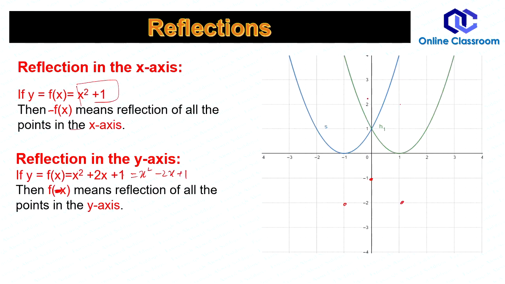You can do one more thing. In examination, the examiner may ask, for example, the examiner can give you two diagrams, one with f(x), one with g(x). The examiner may ask, write down two possible transformations to transform f(x) to g(x). So one is this, that is g(x) is equal to f of negative x.